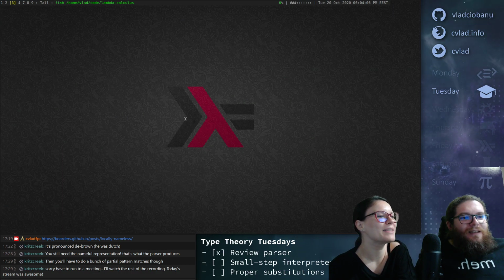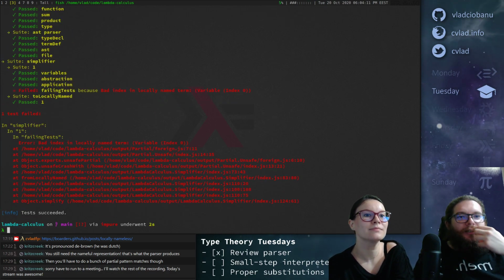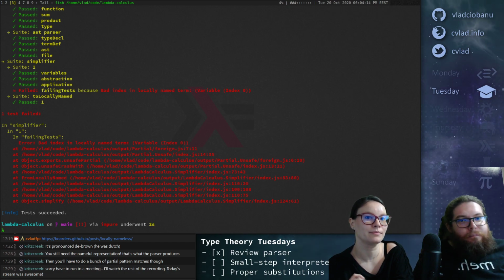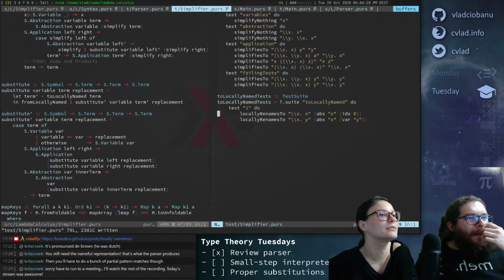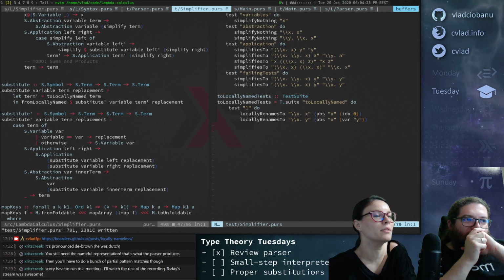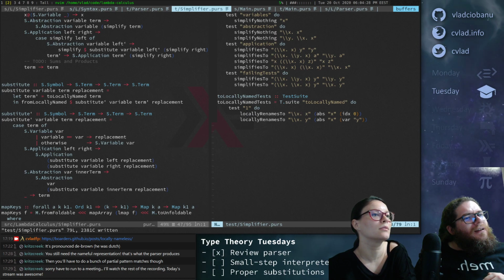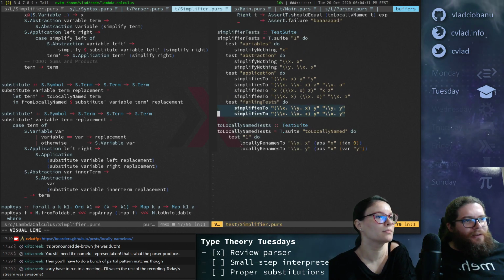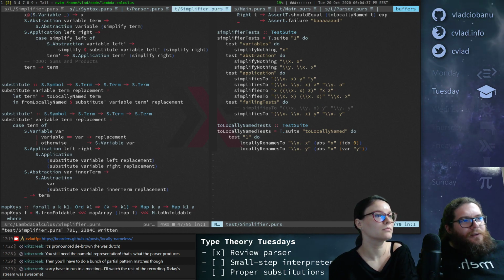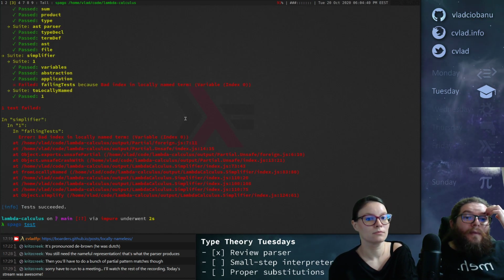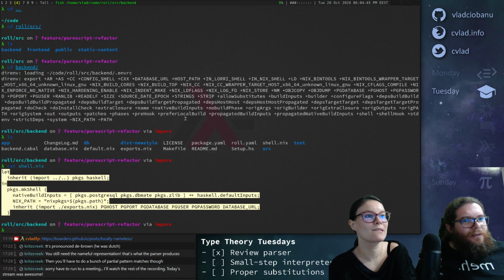So let's see if we actually fixed any of them. Let's look at the examples, because I know one of them is not fixed. I want to see if at least one is fixed. Okay, so only one failed, which is the what? We have no idea which one failed. So X. What do we want to get there? I think we fixed the second one. Oh, no, we fixed the other one.